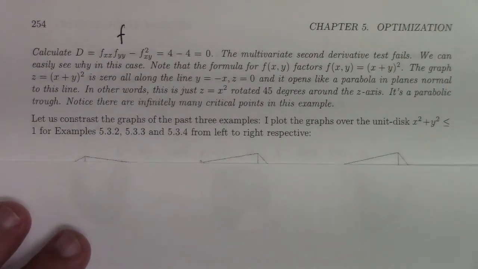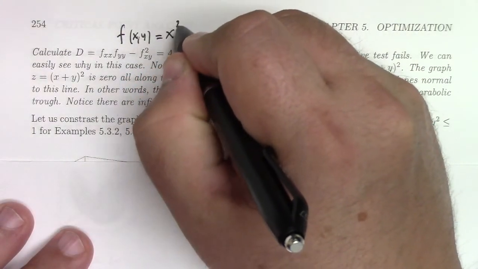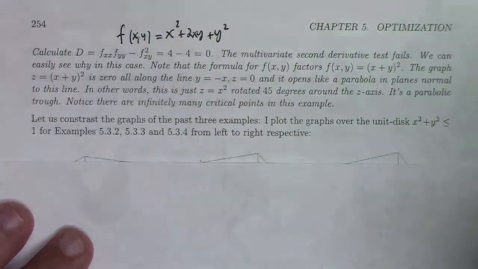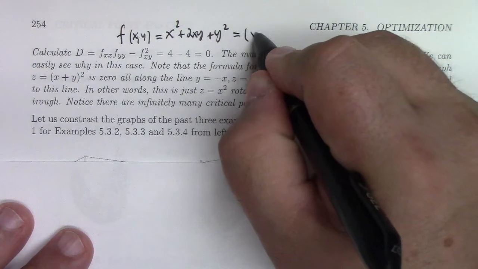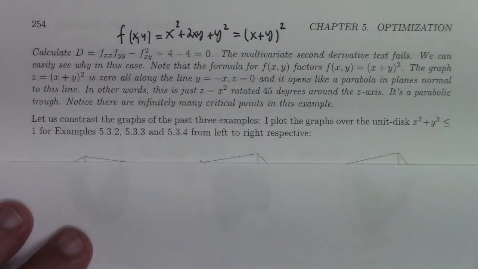So in this case, f of x,y was what? It was x squared plus 2xy plus y squared. But if you tilt your head and squint, you can see that that's actually (x plus y) squared. So if you think about z equals (x plus y) squared, it's going to be 0 along the line y equals minus x. So it's a parabola that opens up along the line y equals minus x. I could try to graph it, but